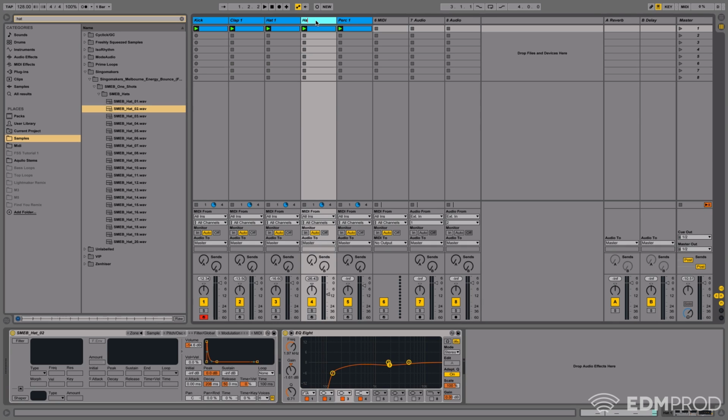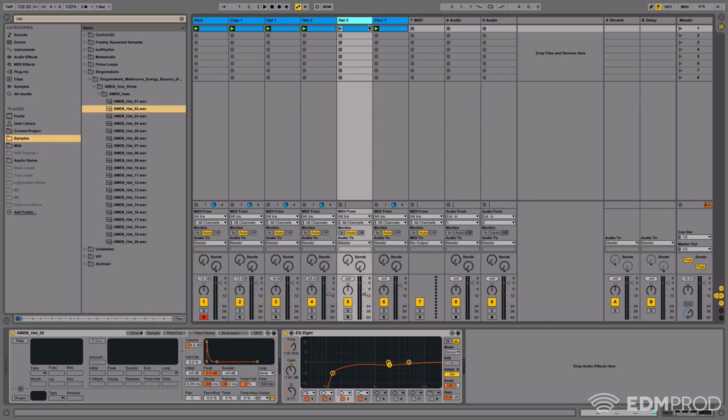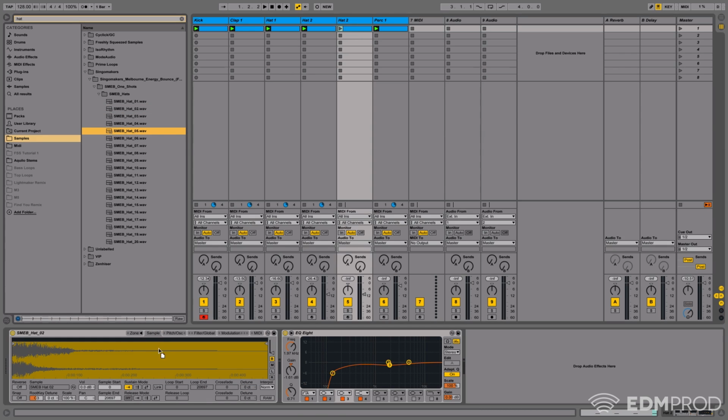That could be hat 2. Now we'll add hat 3, another one. And I sort of just keep going until it comes together. There's a point where you'll know, you just know that it works. So this one here